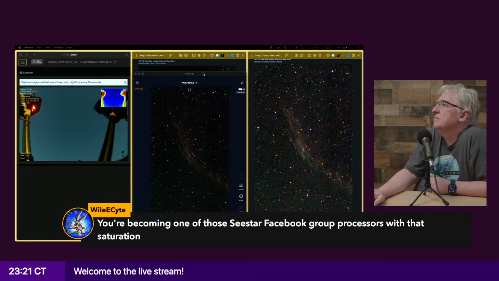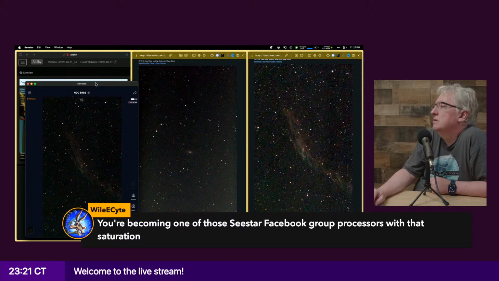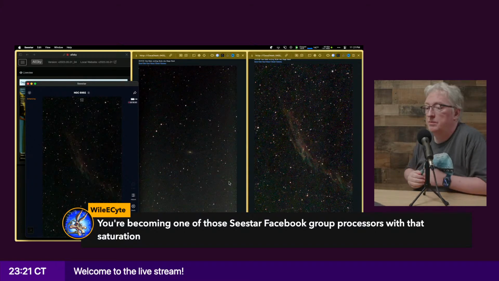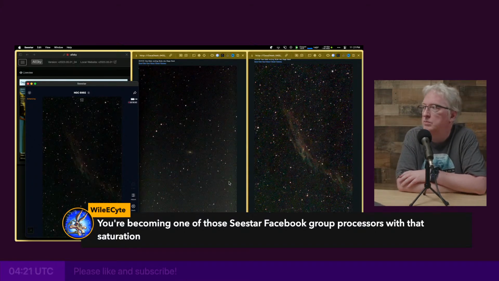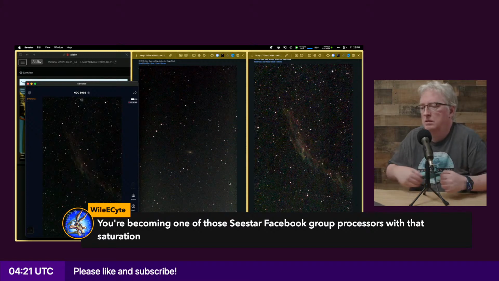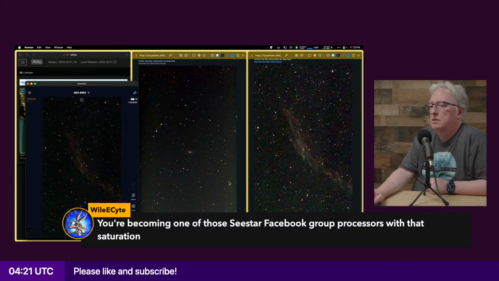But yeah, now see, gradient removal, I think, would be good. I mean, this has a pretty bad gradient, and I think being able to dynamically remove that would be helpful. What else?